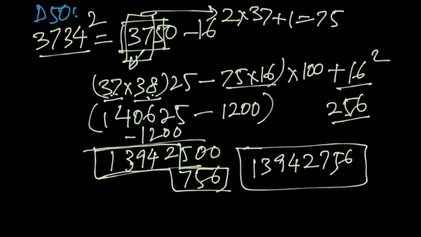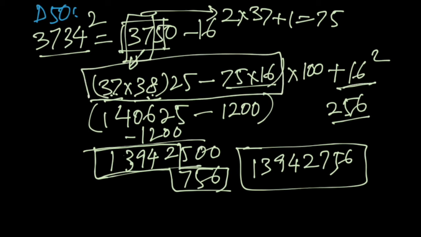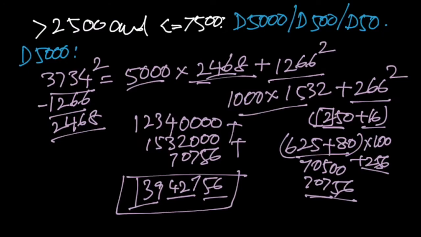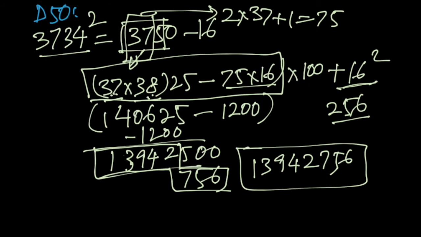So, again you saw that in D50 the numbers get consolidated into a big chunk of numbers, and the other part is very small. So, it becomes a lot easier to manage. In case of D500 you had to manage this number, this number, this number and this number. You had 4 numbers to manage, whereas in this case you have practically one big number to manage, which consolidates everything. It definitely makes it very attractive in doing fast calculations. Let us do one more number with D50.